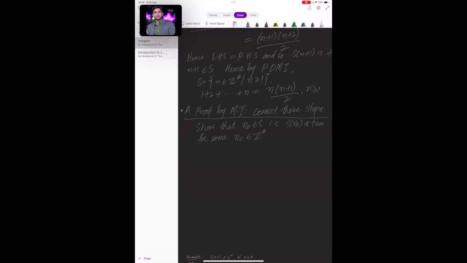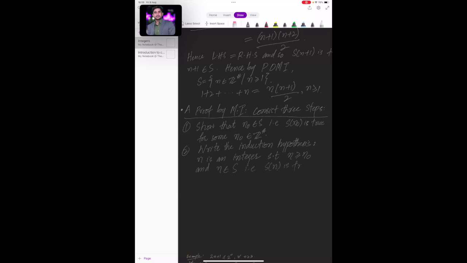Step 2 is write the induction hypothesis, which is: n is an integer such that n is greater than or equal to n naught, and n is inside set S, i.e. S of n is true